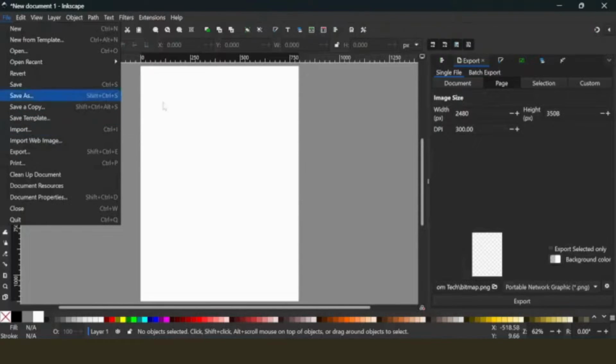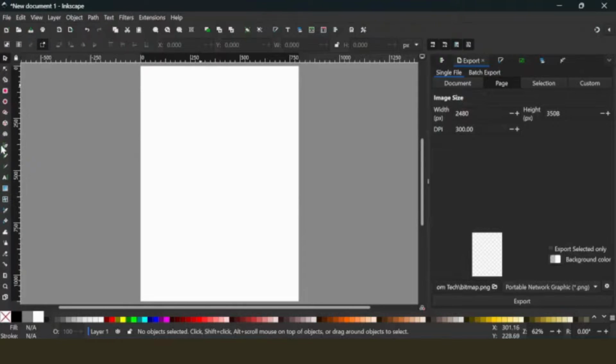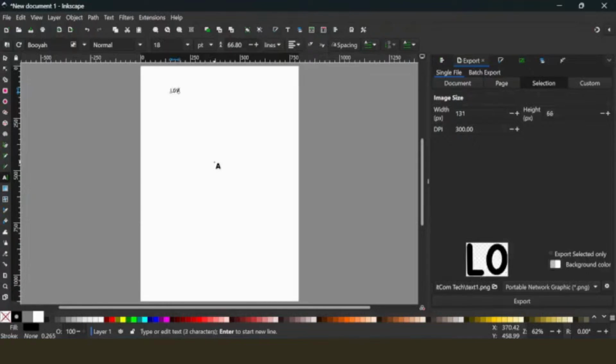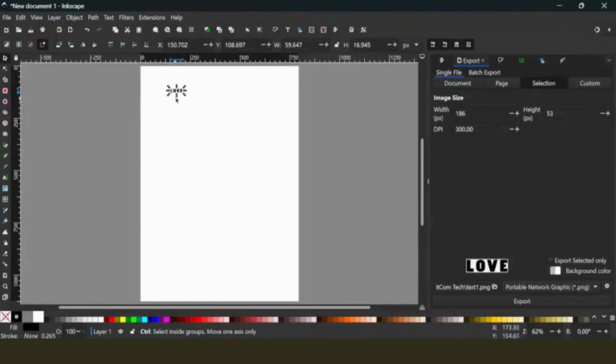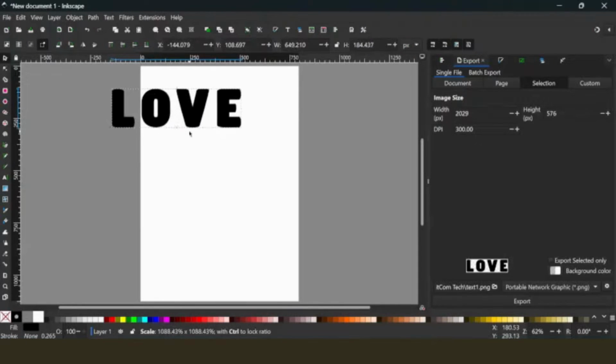If you are planning to use a reference image to work with, now is the time to import those images, or create or type them if it is text-based. By reference, I mean, for instance, I want to create a photo collage for newlyweds to remember their love journey leading to their wedding day. So my plan is to use the word love as a reference image